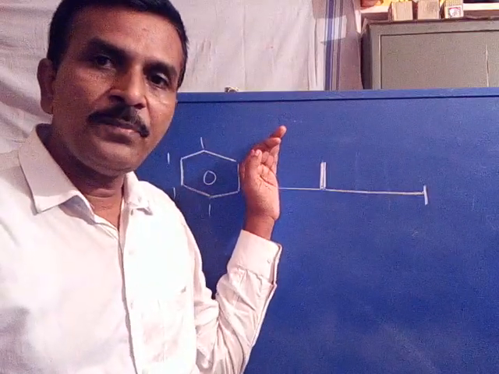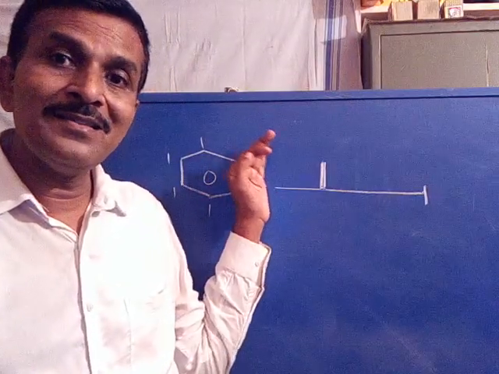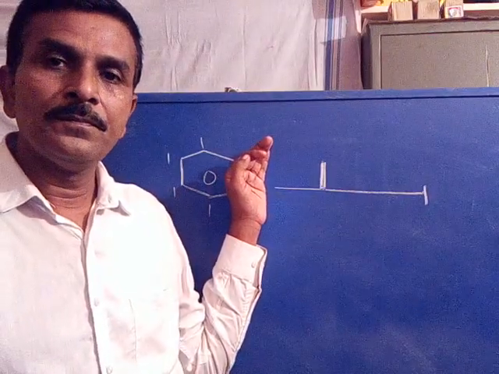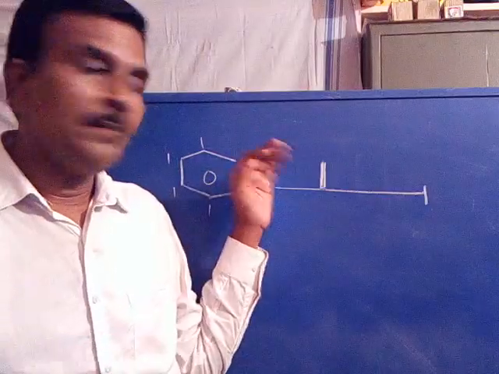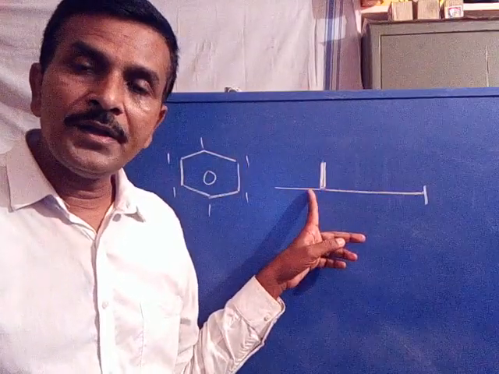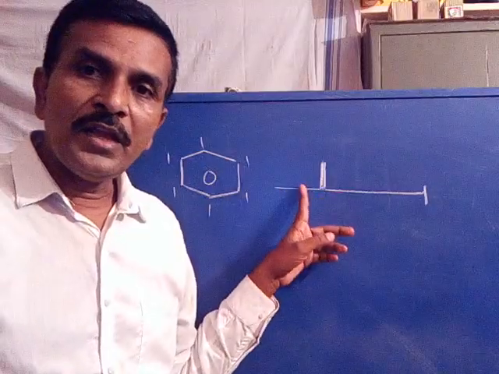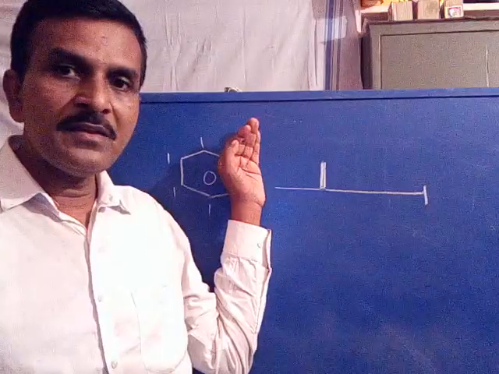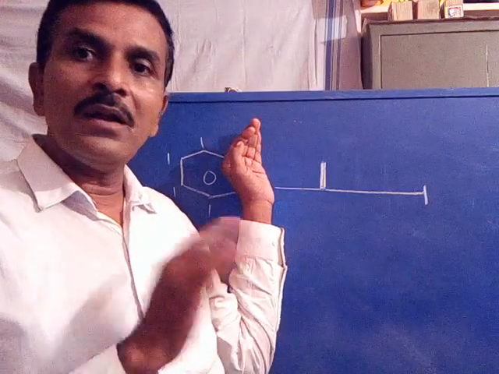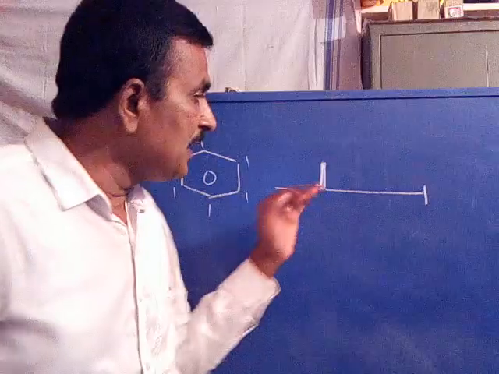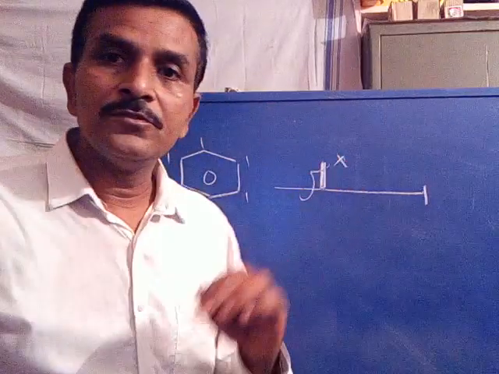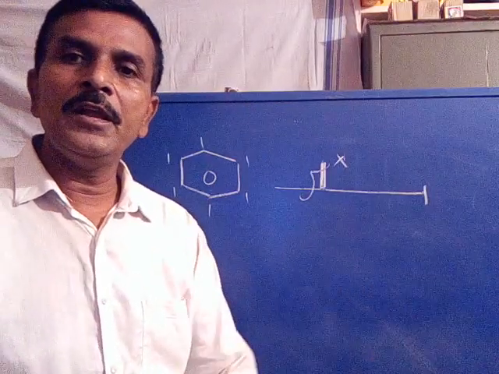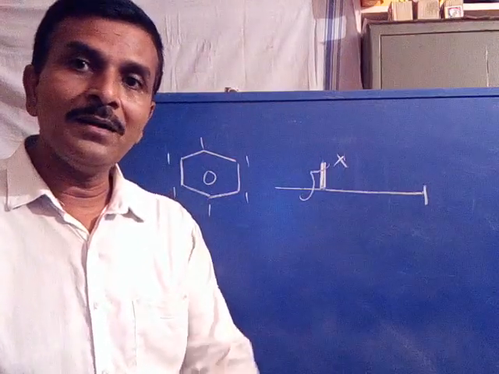This spectrum indicated the molecule consists of one set of equivalent carbons. How can we say it is a set? Based on the dark line. If it is a normal line, it indicates only one carbon. Here it is a dark line. What does a dark line indicate? A set of carbons. We can say only a set of carbons, but not 6, because integration is not possible. Even though it is dark, integration is not possible. So we can say simply a molecule with a set of carbons, but not 6 carbons.